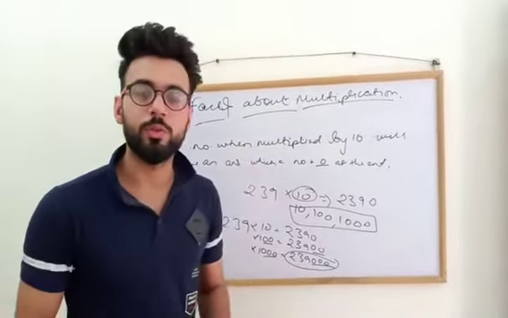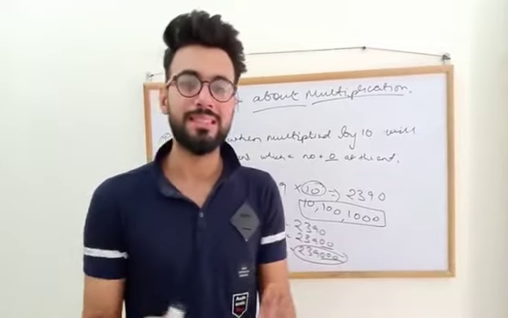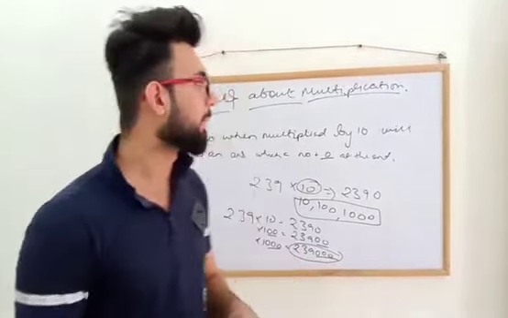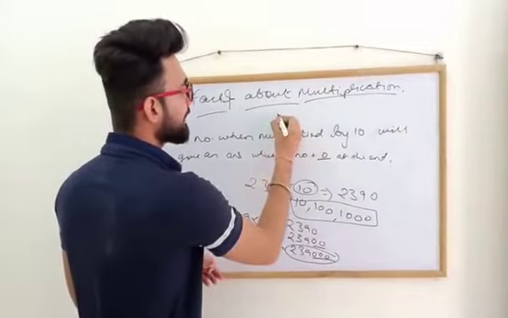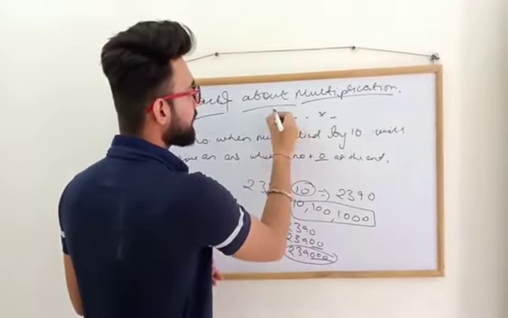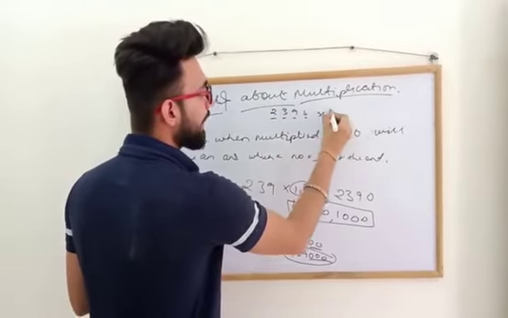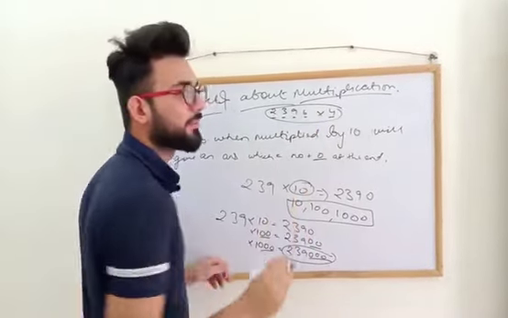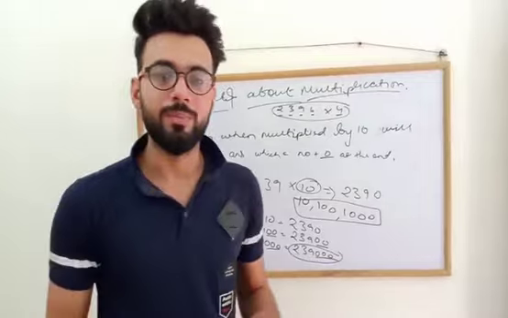So today's homework for you guys is this, that you need to solve 10 sums in which you need to multiply a 4-digit number with a 1-digit number. Let's say the number is 2396 multiplied by 4. Such 10 sums you need to do in your homework, and we'll meet in the next video.